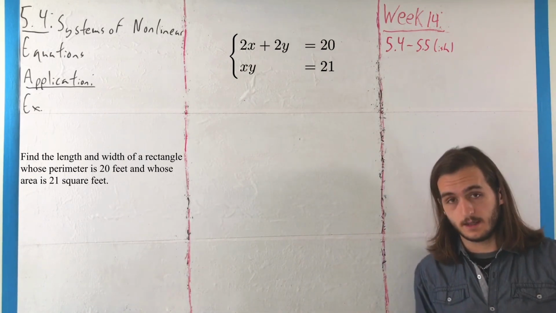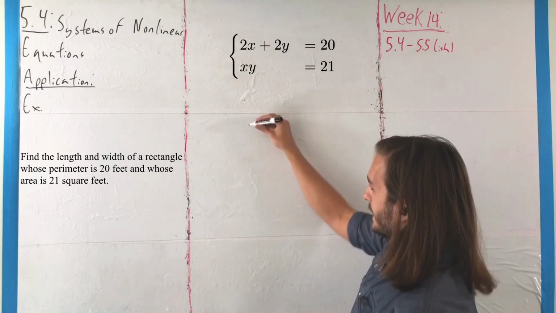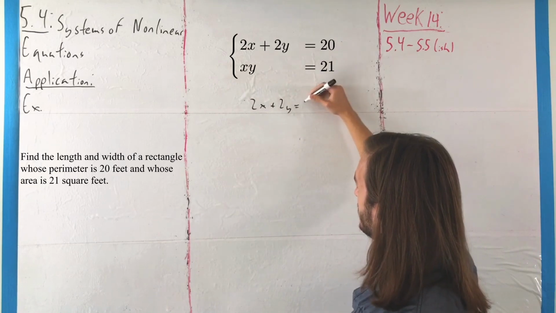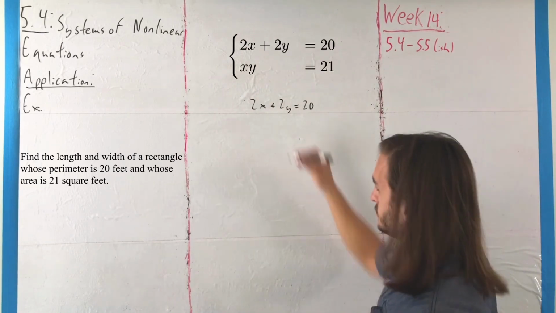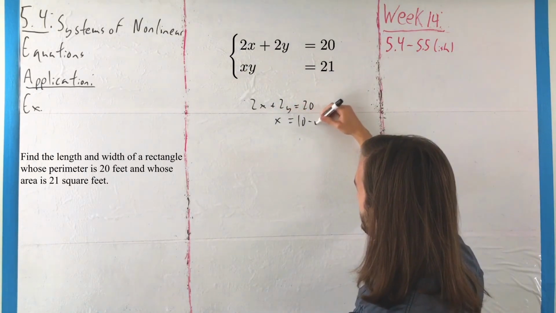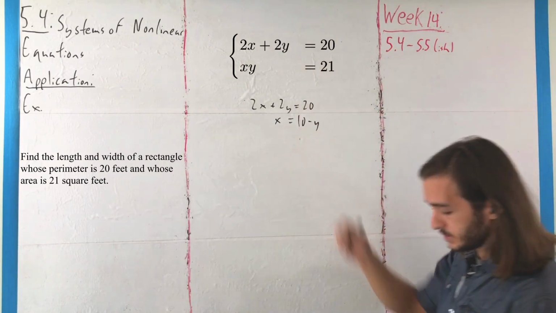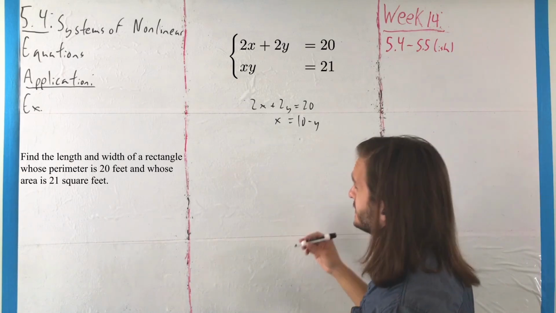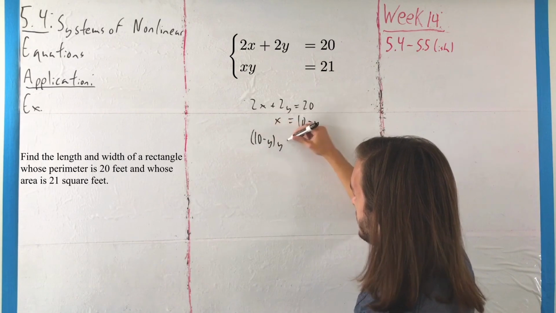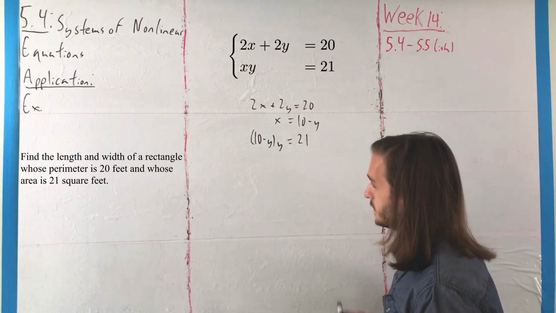where I'm going to solve for x in that first equation and replace around that. So in that first equation, I can turn 2x plus 2y equals 20 into x is equal to 10 minus y. Subtract over 2y, divide by 2, that's what you would have. Then from here, I'm going to plug that into the second equation, where that would be 10 minus y times y is equal to 21,